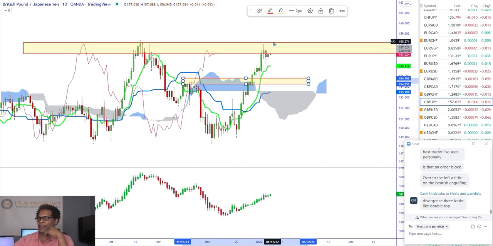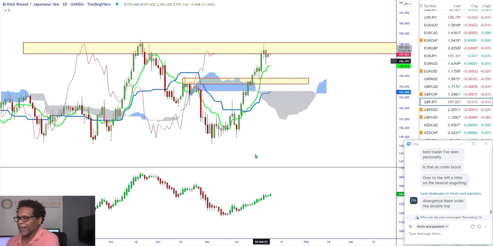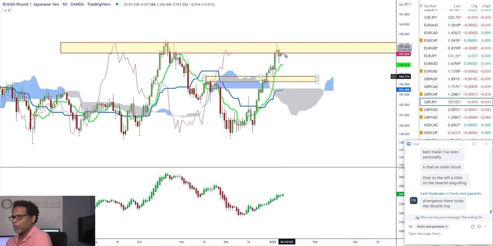And it's going to move up to this area and might trap you and then drop because we're getting too much distance. All right, you've got a big C clamp here. And maybe we push back down to this level. So right now, do not take the long. Don't take the short yet either. I would just wait to see what we get in this area before I trade. Now, trading based off of Ichimoku, I'm going to be long when we get down to here. But based off of price and everything I'm seeing, I'm probably going to be looking at the market dropping.